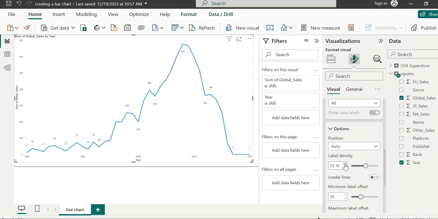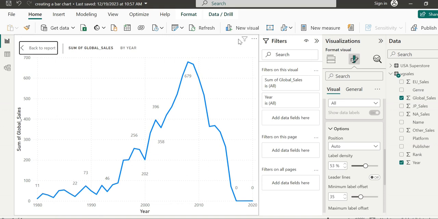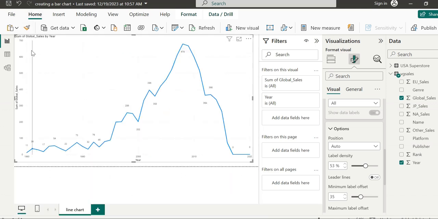To see the visualization in detail, we can even go to focus mode. Focus mode is here, and here it is really very visible. Doing this allows us to zoom in, and we can see our visualization a lot more in detail. Once you have examined the data, let's go back to the main report by clicking Back to report here.